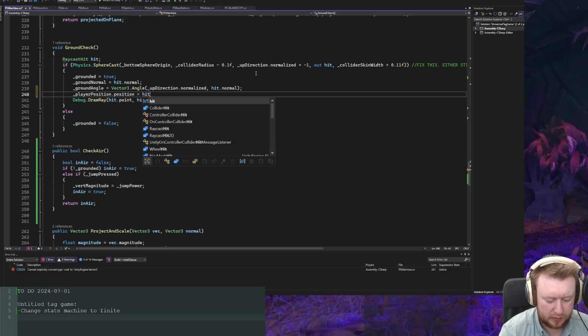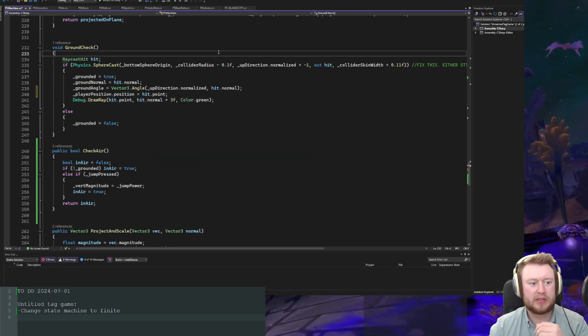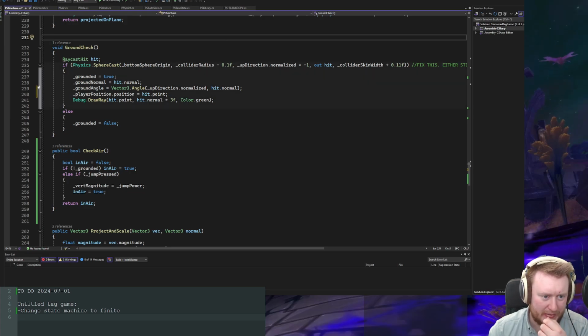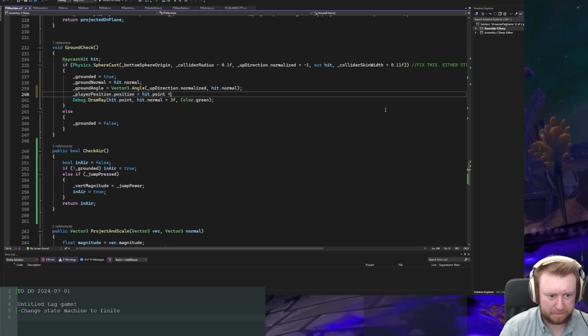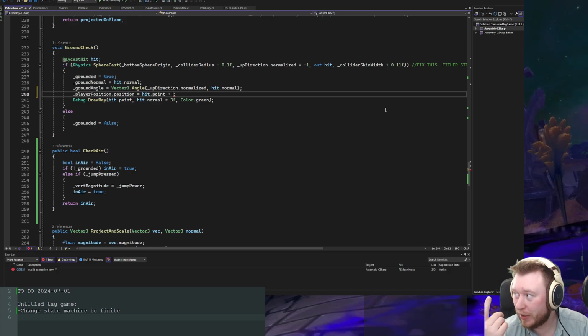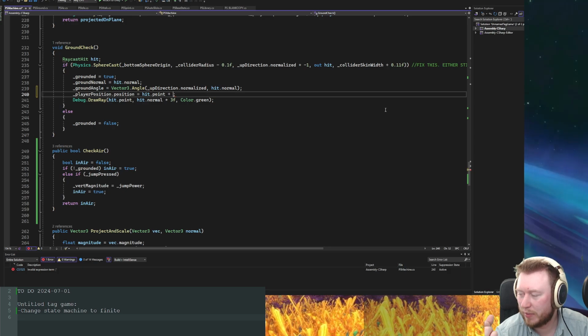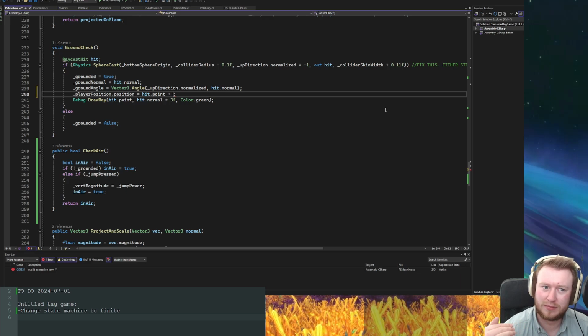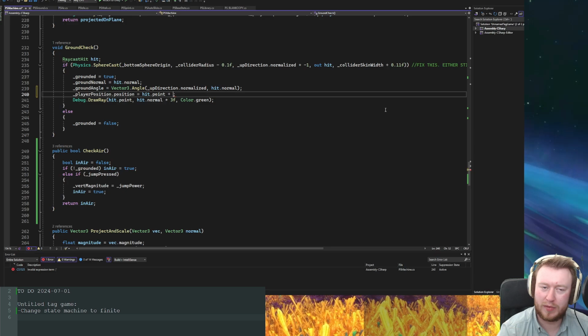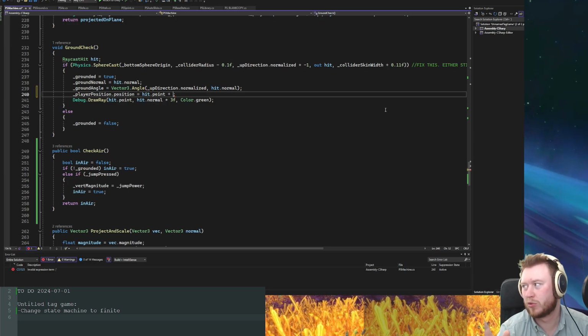hit dot point. Now the issue here is definitely that if I do this, then, oh yeah, because it's gonna be put in the middle now. Plus, okay, this is gonna be annoying again because we're gonna have to do the up direction thing. Okay, so no, we should do that direction thing because then, if I'm hitting, let's say, if I'm rotated or something, and I'm running against the wall